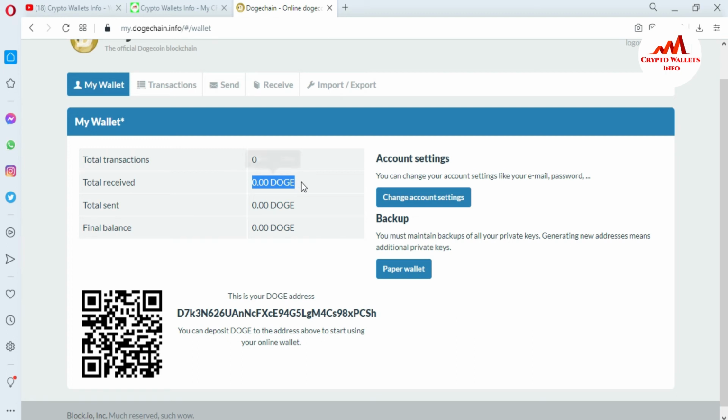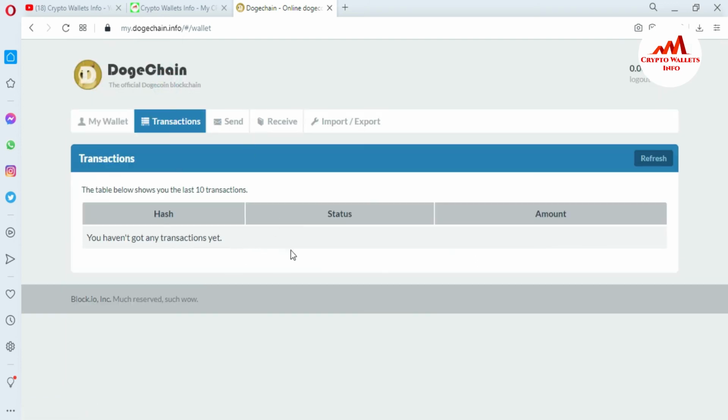This means if you send 10,000 Doge from Atomic Wallet, one Dogecoin fee is subtracted, so you will receive 9,999 Dogecoin in this area, and you will also see it in your transaction history.